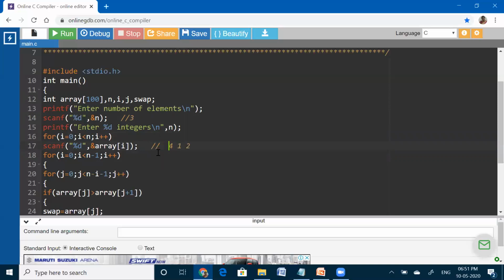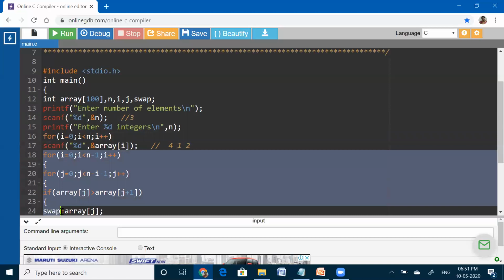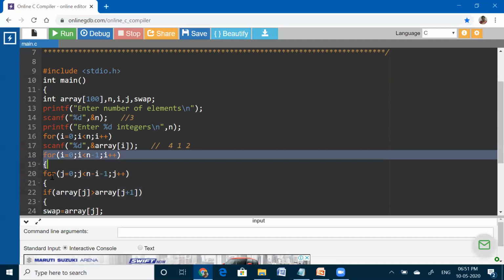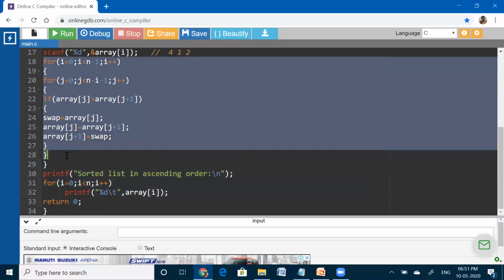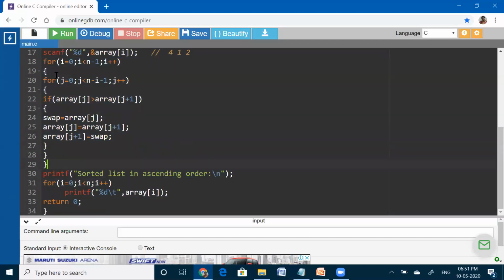Now see, this is the actual logic for bubble sort. Try to understand this logic first. We need to start the comparison from the first element, the 0th index element. That is the reason why I am starting the comparison from the 0th element, so I am setting i value as 0. Until n minus 1, this process should repeat, right? And in the next position, I need to compare this 0th value with the next element.